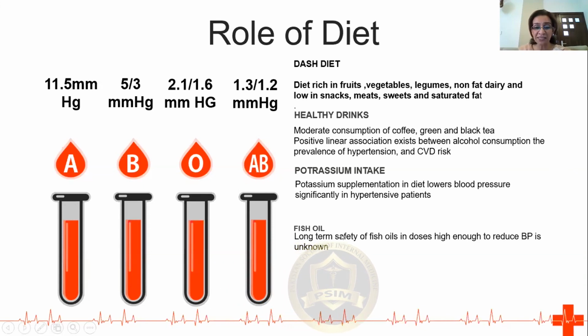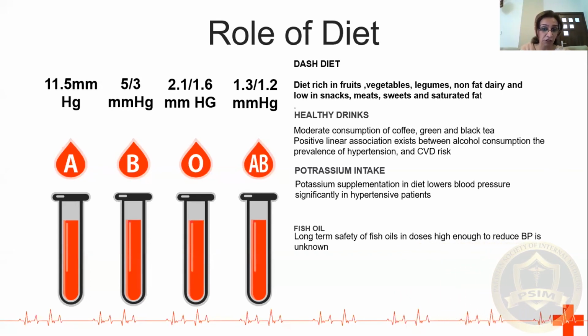And the doses at which fish oil actually reduces blood pressure are at least 3.7 grams per day, which are humongous doses. And at these doses, number one, we don't know much about their safety over the long term. Number two, at these doses, it has a tendency to cause bleeding, a tendency to cause impairment of renal function, and a tendency to cause a deleterious effect on